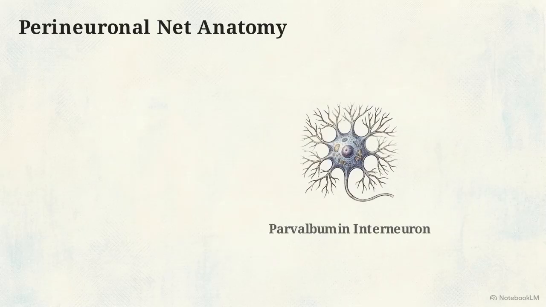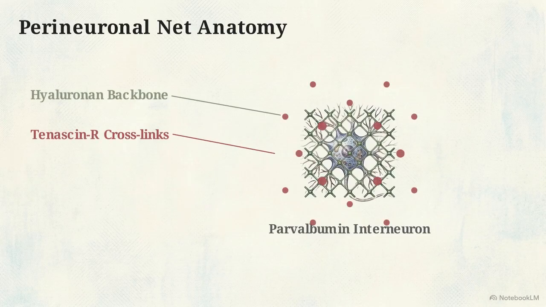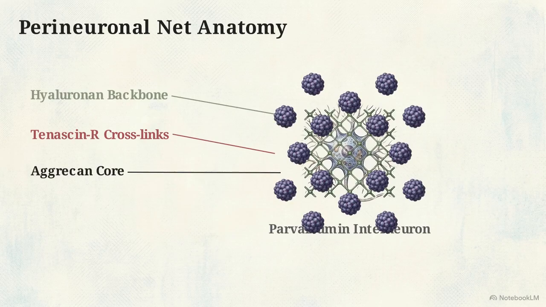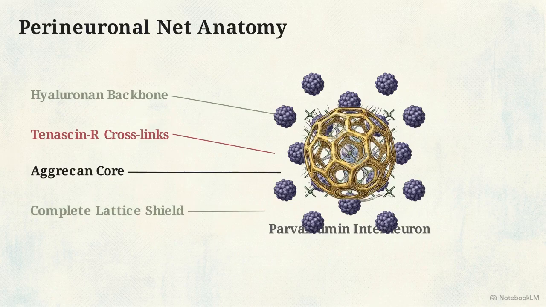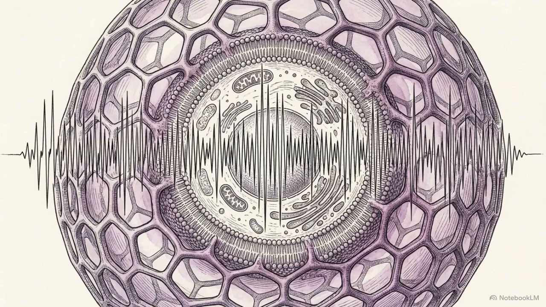This 3D model shows the perineuronal net as a highly organized, multi-layered matrix, condensed around the cell body. The foundation of the lattice is a hyaluronan backbone, rigidly cross-linked by a protein called tenascin R. Built upon that backbone is the net's highest density component, a dense core of aggrecan and surrounding lectican proteins, like brevican. This composition dictates its function. First, the dense polyanion structure acts as a physical cation buffer. It manages the massive ionic fluxes required to sustain the parvalbumin cell's extreme 200 Hz firing rate.